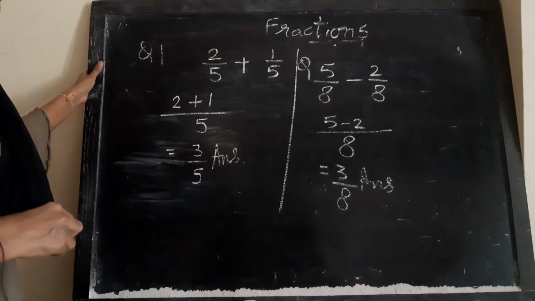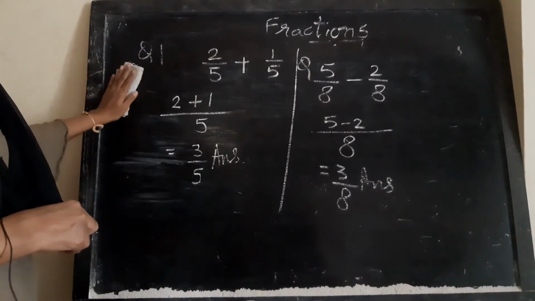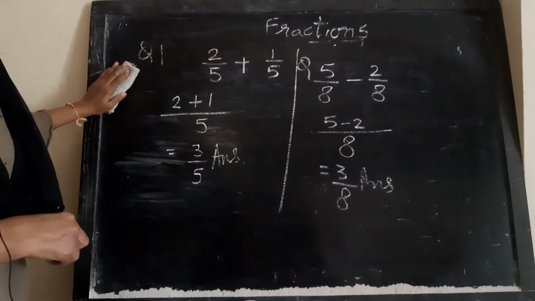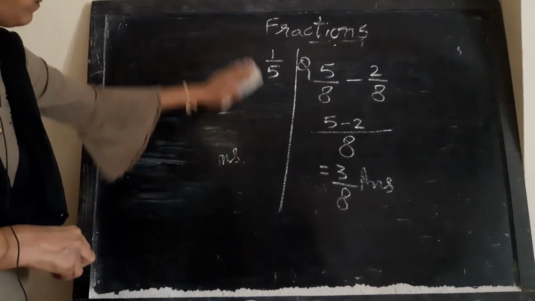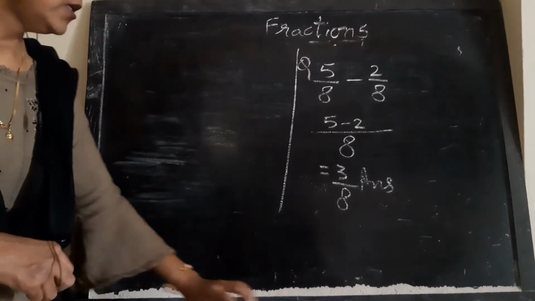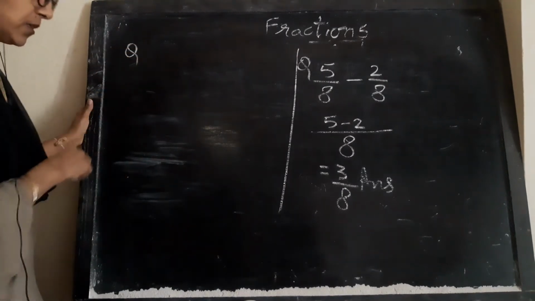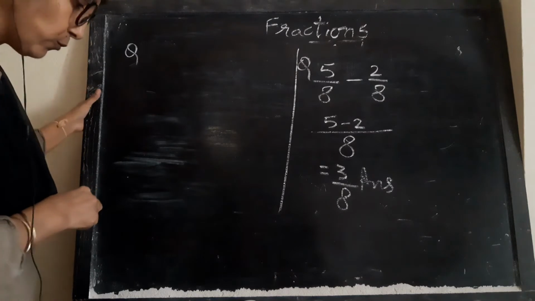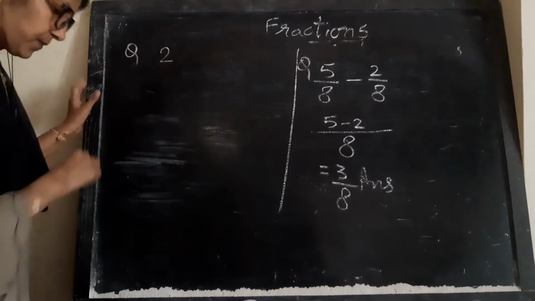Now we will see a few questions having different denominators, and we learn the process of how to add or subtract when the denominators are different. These are basically processes, and you have to learn these processes, and the more questions you solve, the more you will learn. And you have to solve the questions given in your book to master the process.